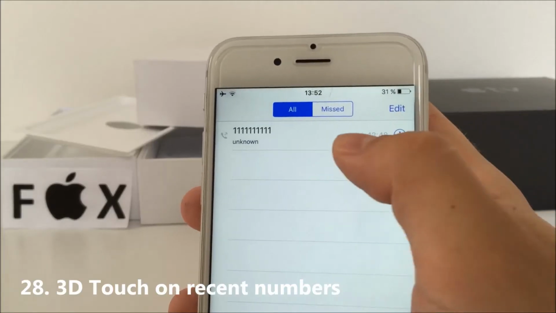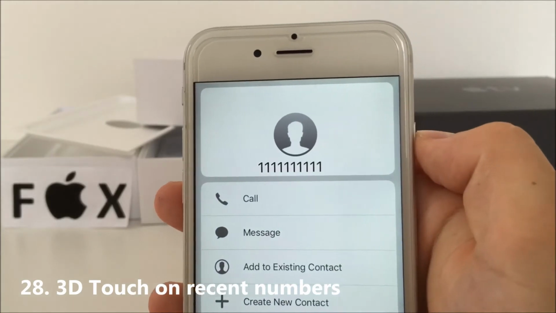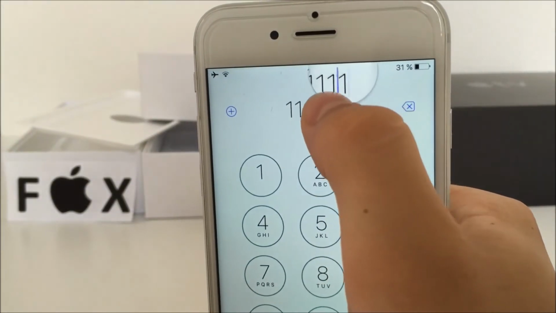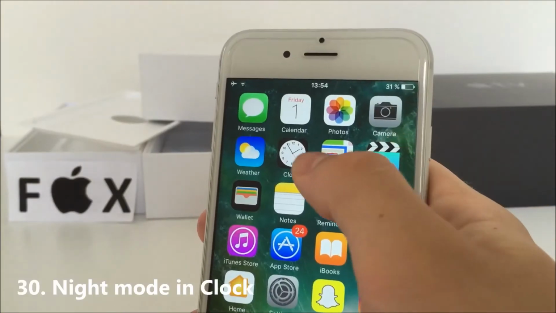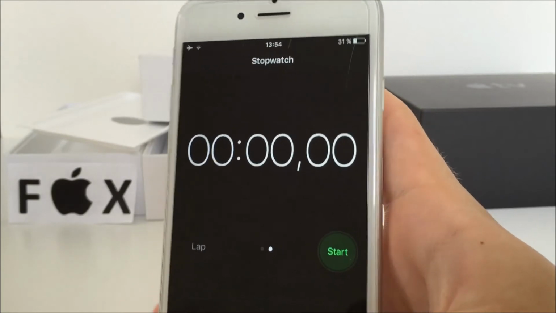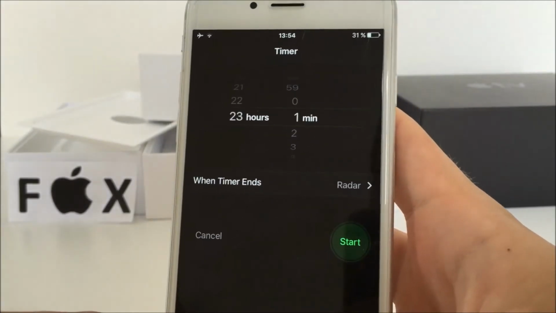Since now 3D touch also works on the recent numbers. You can now move the cursor when dialing a number, and it is way more useful than deleting all of the numbers. The clock app has been changed and it now features night mode. This is mainly because many people set an alarm late at night when it's already dark, and in that way it's